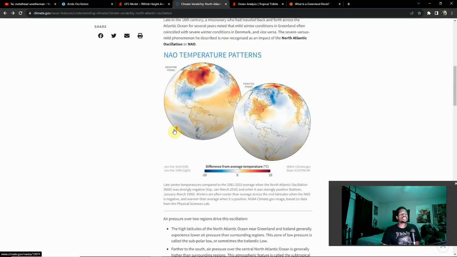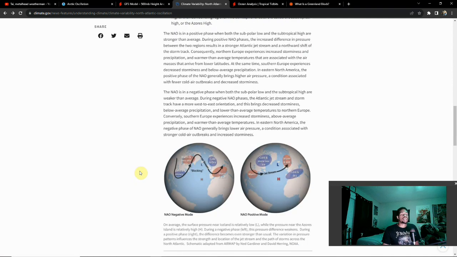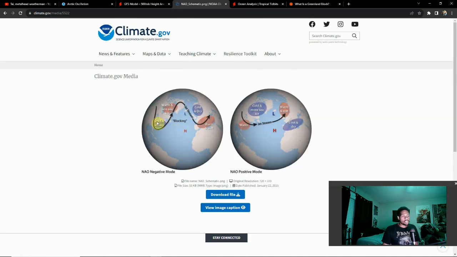So mostly this is going to be based off of pressure here, more so than anything else. But those sea surface temperatures, we can also take a look at that momentarily. But basically there are a couple of typical patterns that we'll see in the phases here. So in the negative mode here, we can take a look at the blocking pattern that we end up seeing coming into play here.